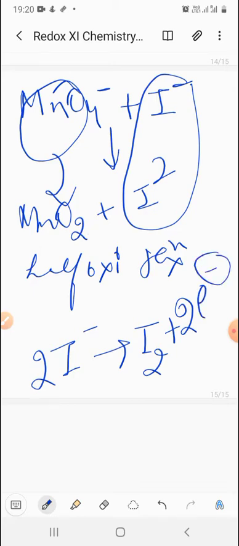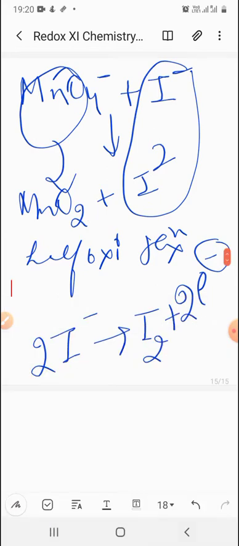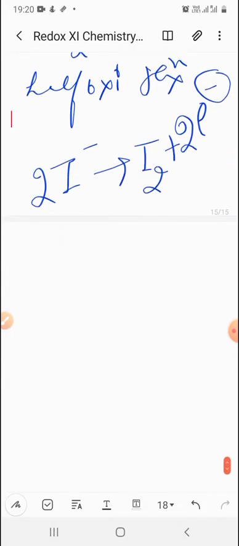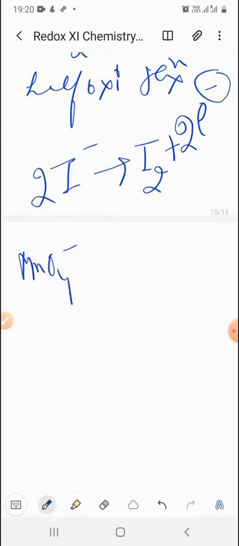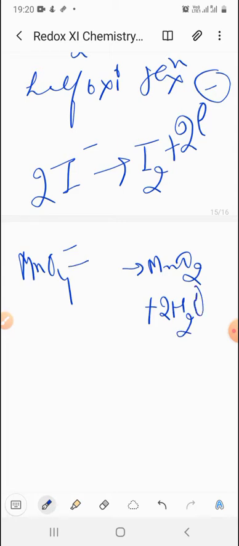Now the next is the half reduction reaction. For the half reduction reaction, the species we have considered is MnO4 negative to MnO2. Now the oxygens are not balanced, but manganese is balanced. To balance the oxygen, I have added 2 water here, so that 2 oxygen will make the 4 oxygen, which is equal to the left hand side. Now the 4 H positive ions you have to add to the left hand side because there is no hydrogen atom, and to the right hand side there are 4.